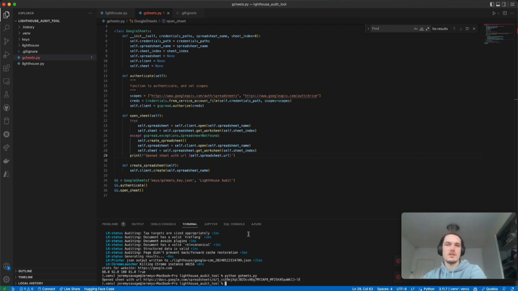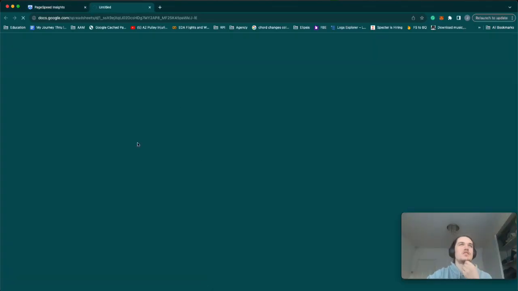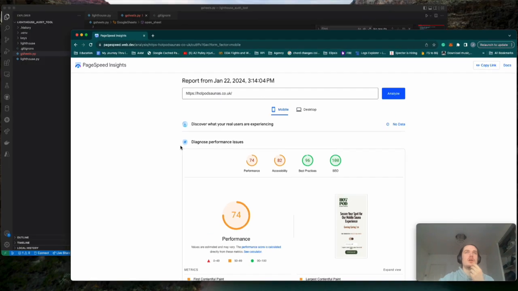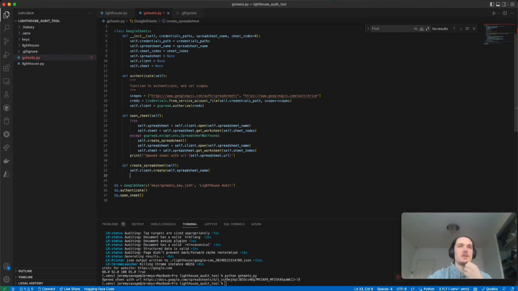Okay, yeah, so this is done, the sheet, and we can see this URL here. When we open this, this should not let me get access to it yet because I'm signed in using my Gmail and we haven't invited us to it. So the next thing we're going to need to do is